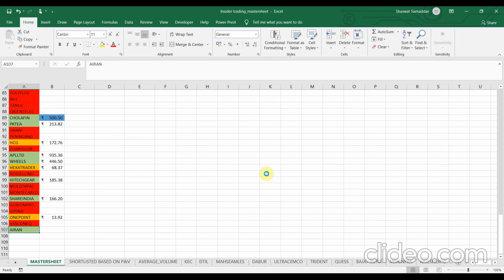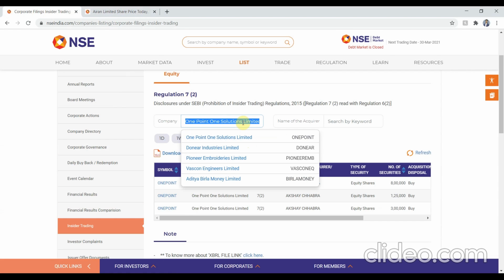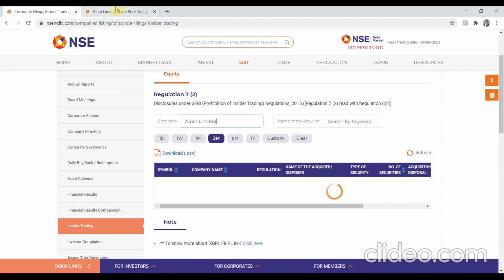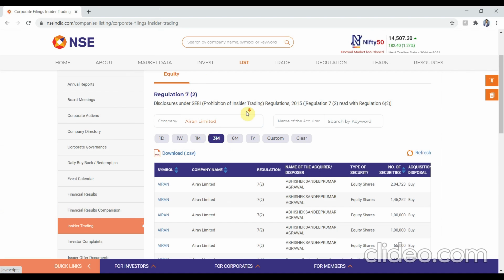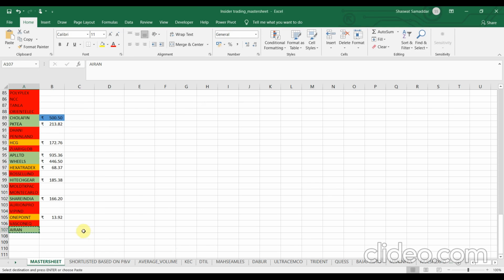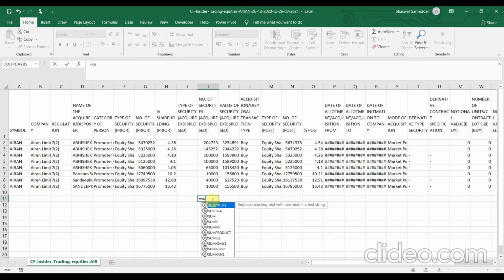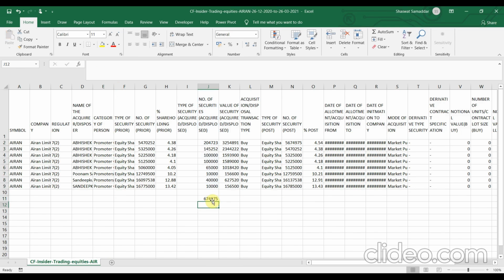Next on the list is Air, and let's call it that. Paste the company name. Click on 3 months. Click the download button. Open the file. Okay, so again, apply the filters. No need to apply the filters. You can manually just check them. There are too few rows to check. Or you could apply the filters as you wish. We'll sum up the total number of securities. And let's just calculate the average price.